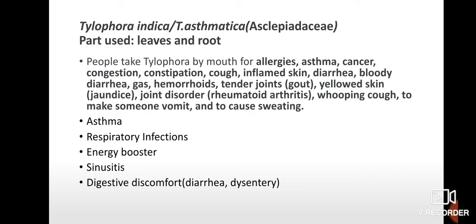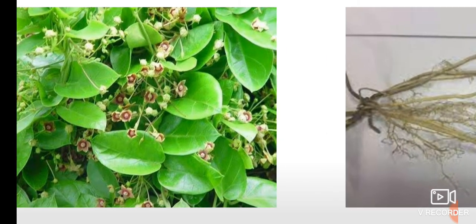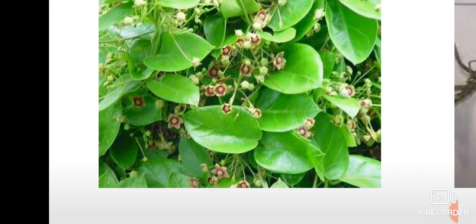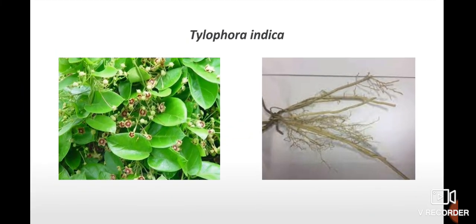People take Tylophora by mouth for allergies. See, this is the plant Tylophora asthmatica. The part used is the leaves and the root of the plant. So Tylophora is taken for allergies, asthma, cancer, congestion, kapha filling, constipation, cough, inflamed skin, diarrhea, bloody diarrhea, gas, hemorrhoids,